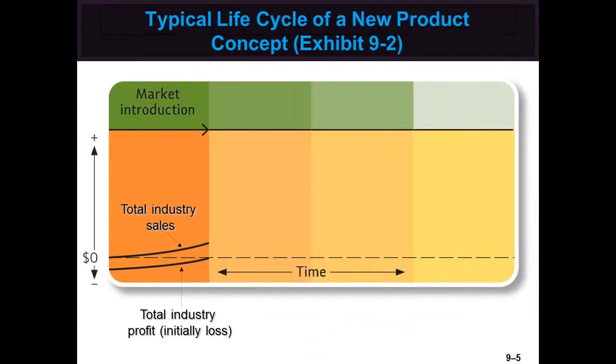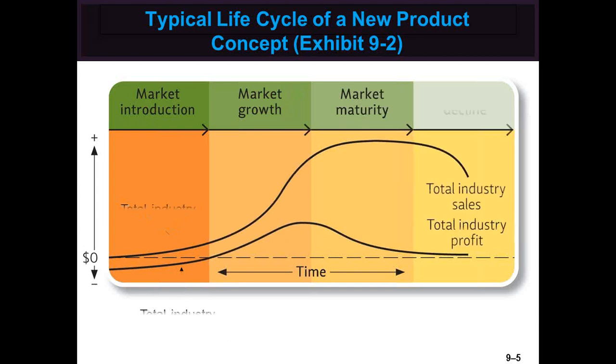It's useful to think of product concepts as passing through various stages in their life. The product life cycle describes the stages a really new product idea goes through from beginning to end. Marketing managers can identify specific types of decisions for strategy planning that characterize each stage. The product life cycle has 4 stages: market introduction, market growth, market maturity, and sales decline. The product life cycle is concerned with new product categories, not individual brands.